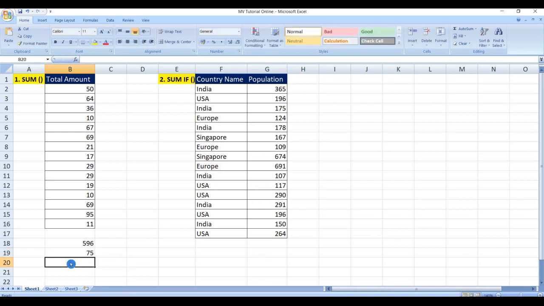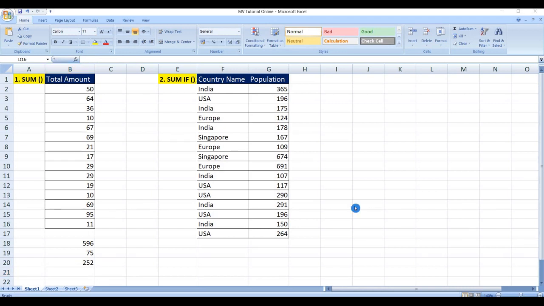Now let's say if we want to find for four numbers, then type equal to SUM, 35, 56, 72, 89 and close the bracket, click on enter. In this way we use the SUM function in Excel.